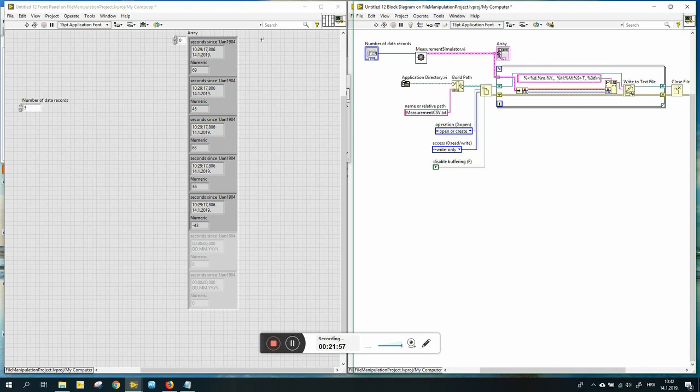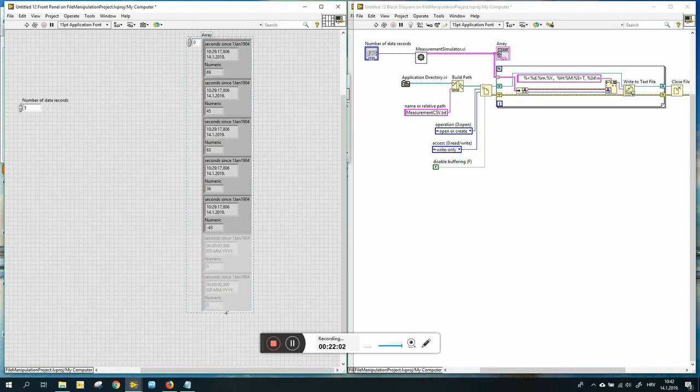Now we can just start our application. So here we can see what are the values that are generated. We can generate maybe multiple values here. We can start our application, and after that we will see if our